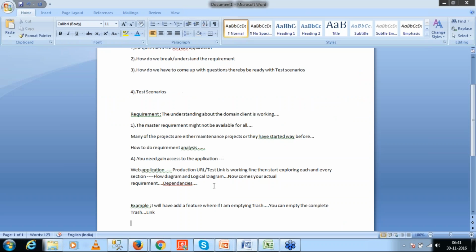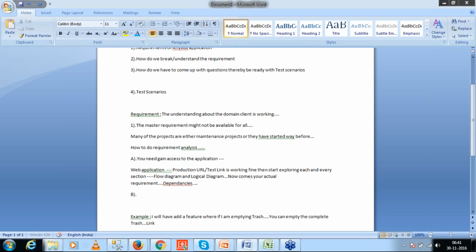Okay, so that's the reason, from a web application testing perspective, you need to know the entire flow in order to do the effective requirement analysis. Okay, now if it is a new project, or you started altogether from scratch, then how do you gain that in the requirement? Now again, if it is a matured model of testing, which means the company is